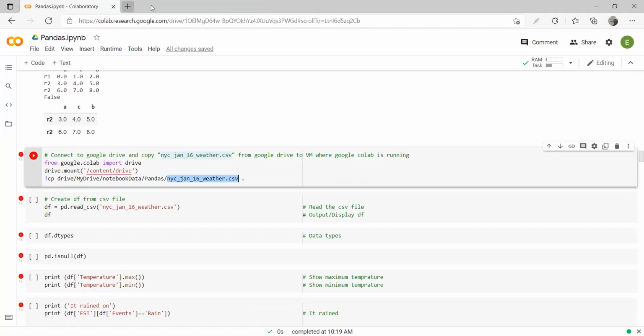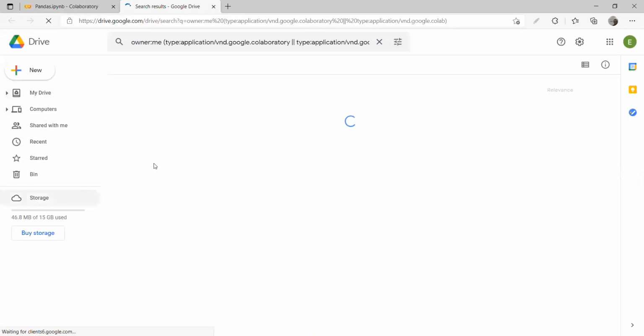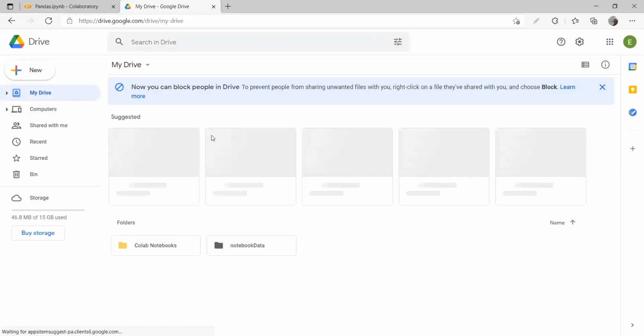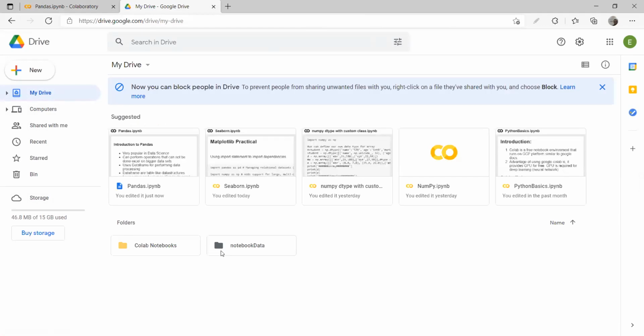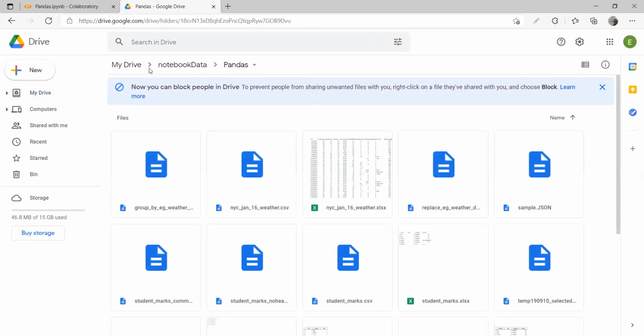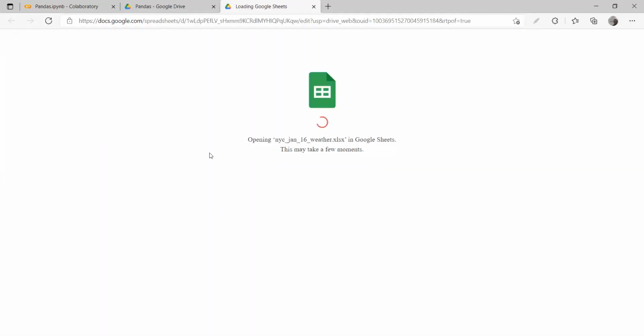So I open my Google Drive, click on my drives, click on notebook data, Pandas. So I have this data inside my drive, notebook data, Pandas, and NYC Jan 2016